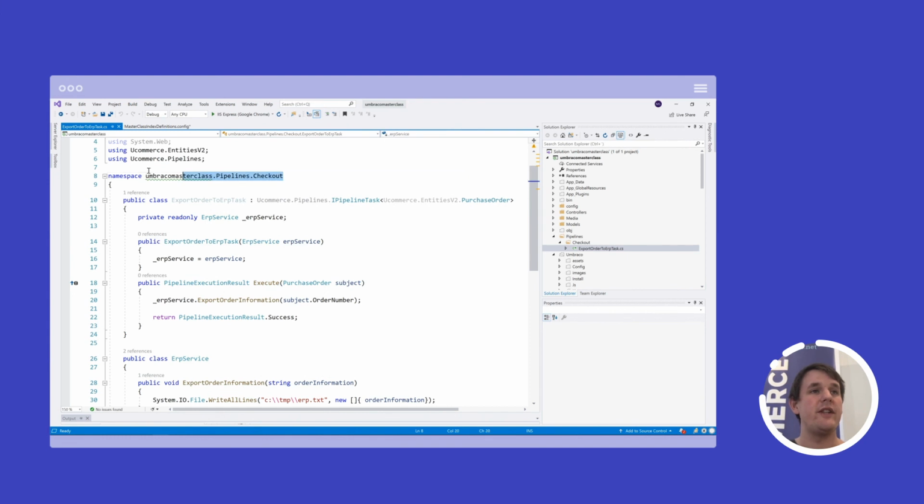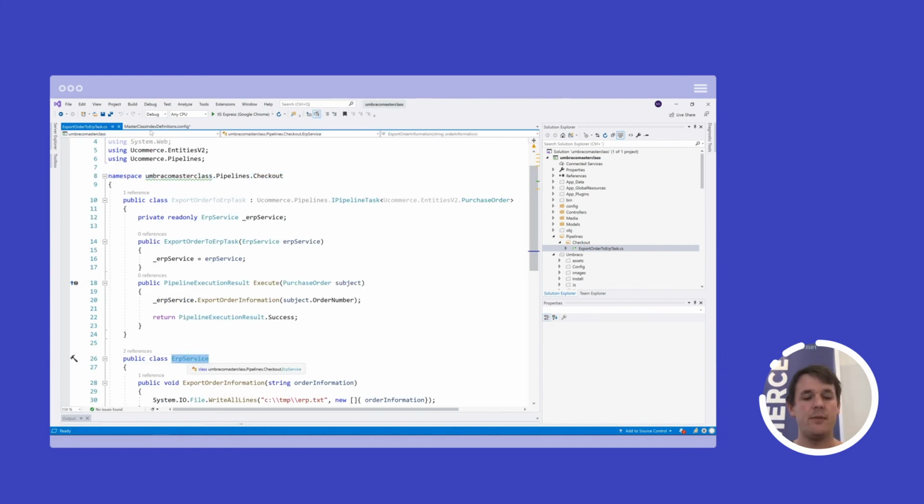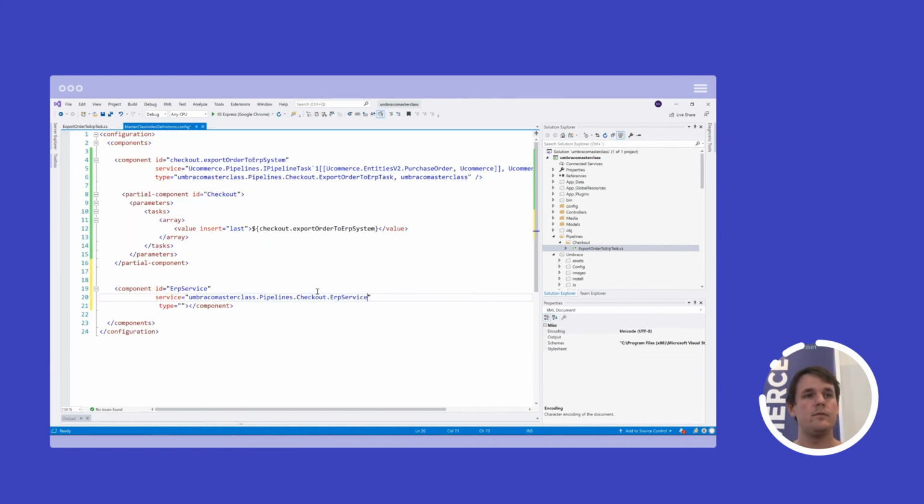So ERP service, we need to set that here. So the service that we want to expose and be ready to use is this one, ERP service. And the type in this case would then be the implementation of the interface. But in this case, the service and the type are the same.